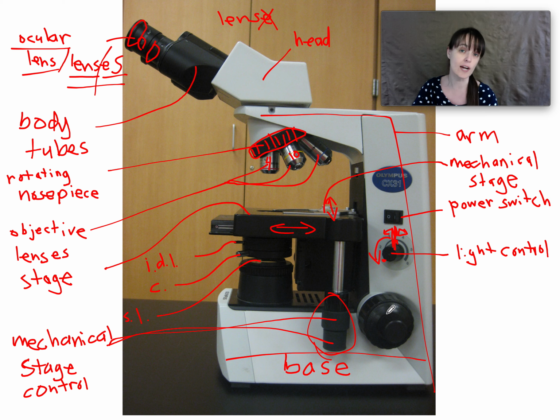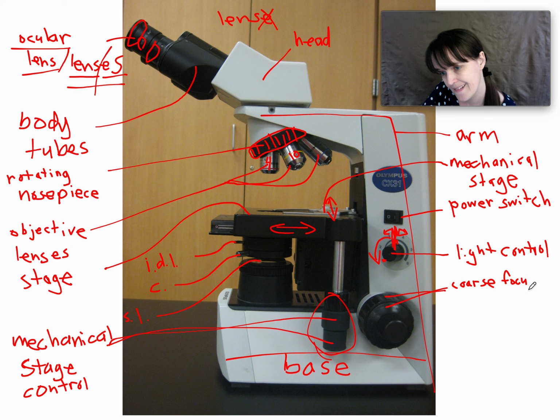And then this here are actually two different knobs. So this bigger, wider knob here is the coarse focus knob or coarse adjustment knob, but you do need 3 words there. You can go coarse focus knob, full credit, coarse adjustment knob, full credit. But if you don't have 3 words, either set of 3 words, then that will not be full. There's weird noises outside. Okay. What was that? Coarse, C-O-A-R-S-E. I'm going to do focus because I think I can fit it on this line. Focus